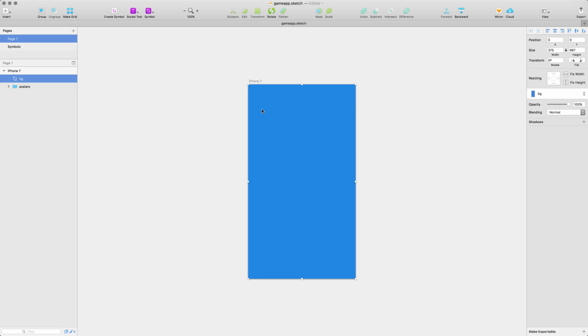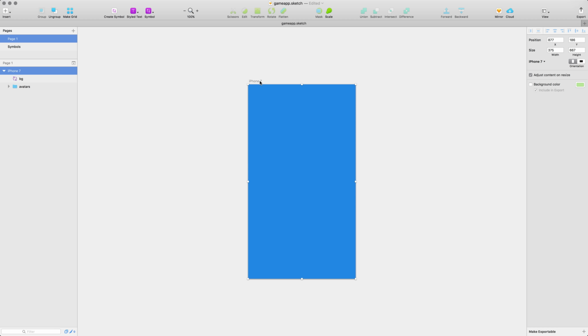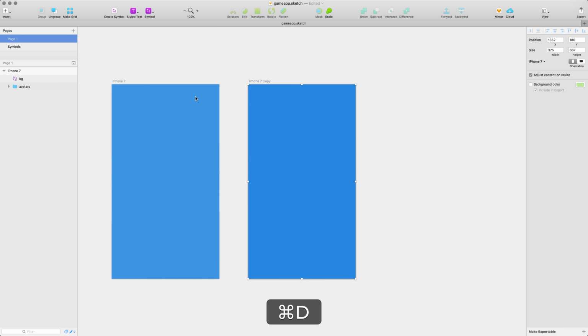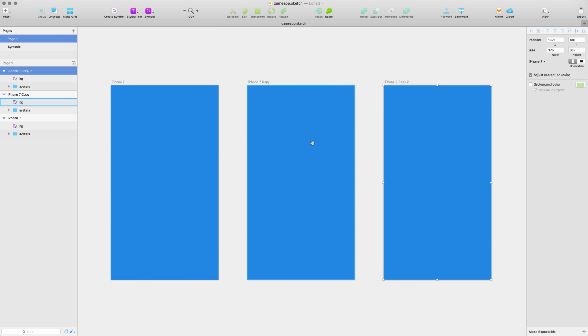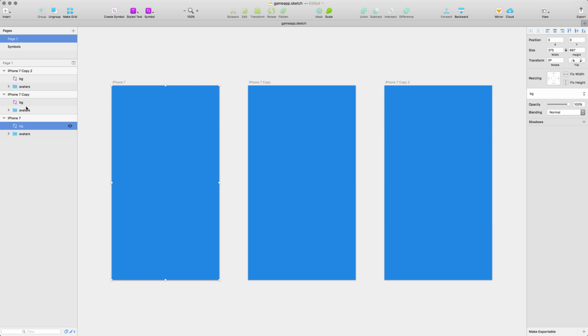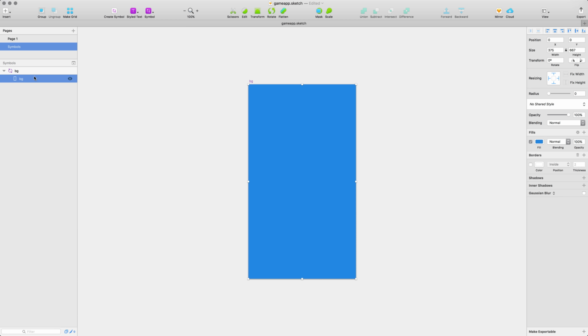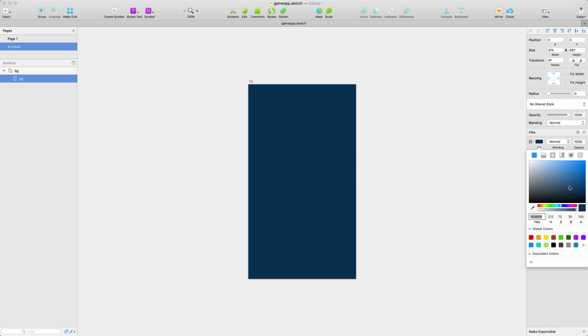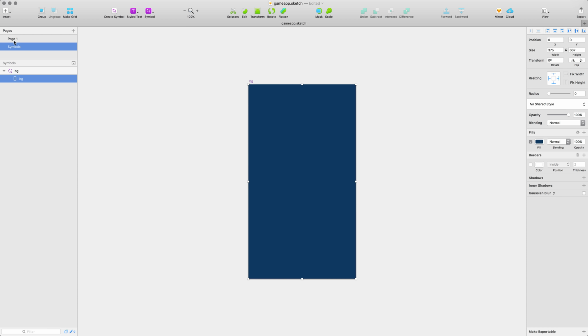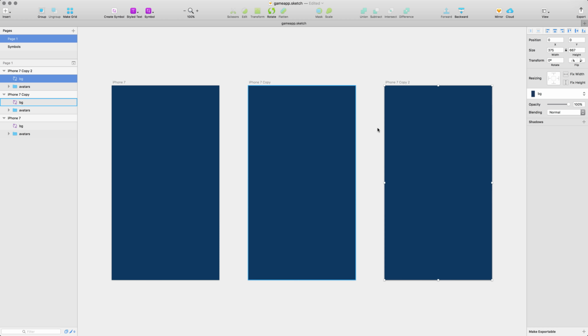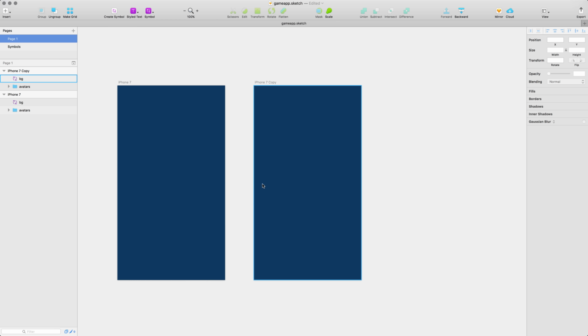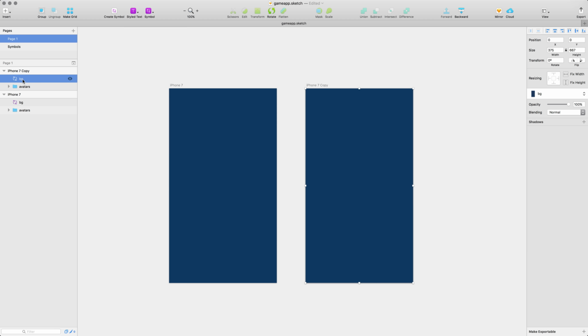I know it's not that revolutionary, but if you have multiple instances of one symbol, so if you duplicate this artboard and you have 3 artboards like so, you have all of those BGs being instance of one symbol. And if you change anything in this symbol, an original symbol on symbols page, so for example, if you make this background color darker, you can go back to page 1 and take a look. All of these instances are now darker. So let me get rid of one and change the